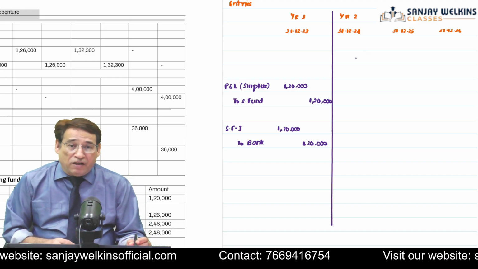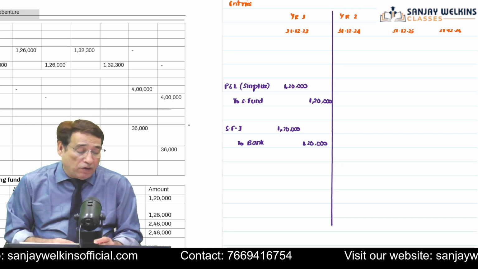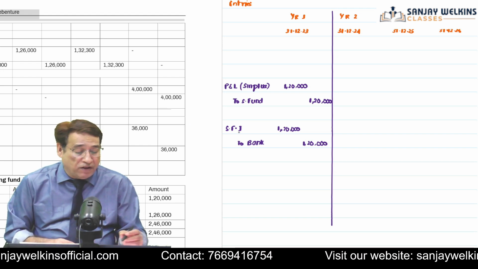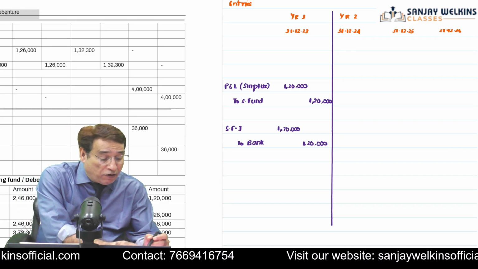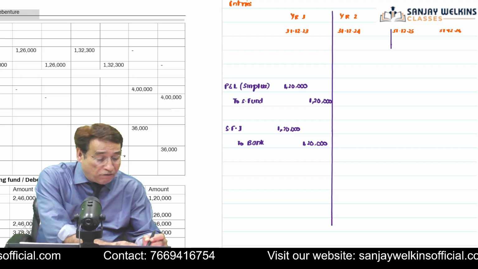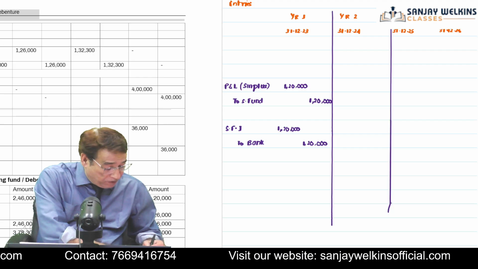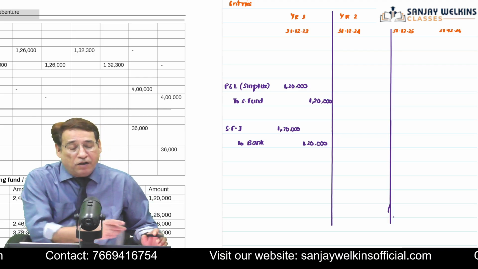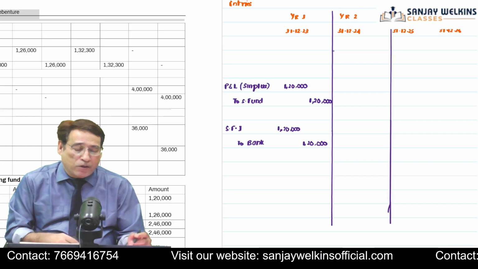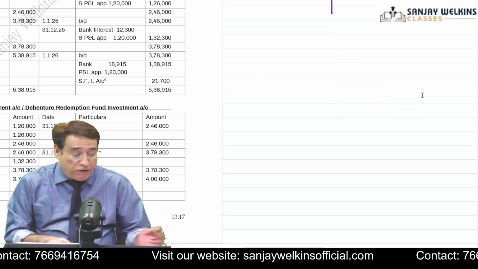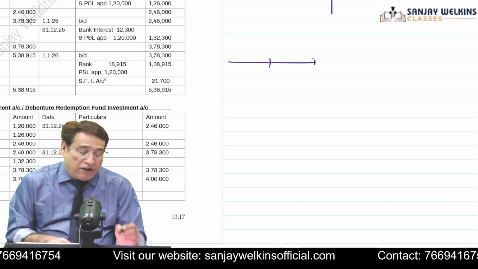In the next year, you need to understand this point quite well. Because we have already reached the end of the first year, now we are going to reach the end of the second year. When we reach the end of the second year, the first thing we need to do is to see that a time period of 1 year has already gone by since the time we made our investment. See here, we made the investment at the end of the first year. And now we are at the end of the second year.